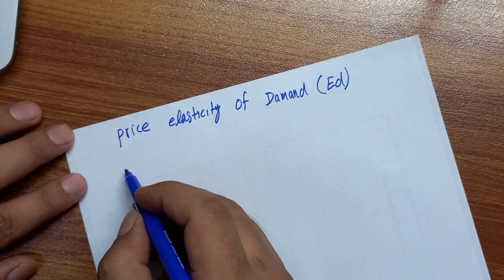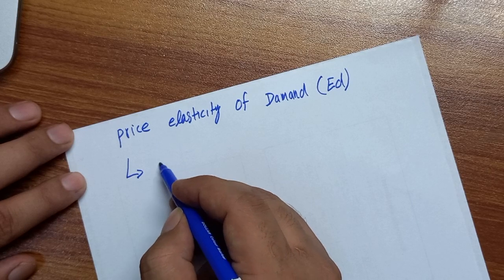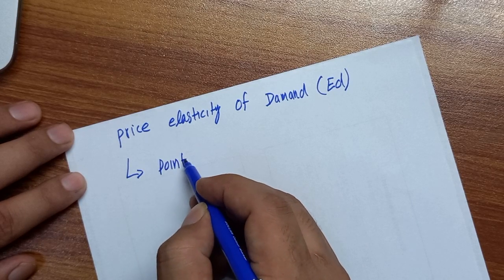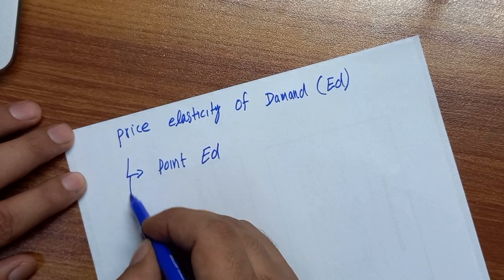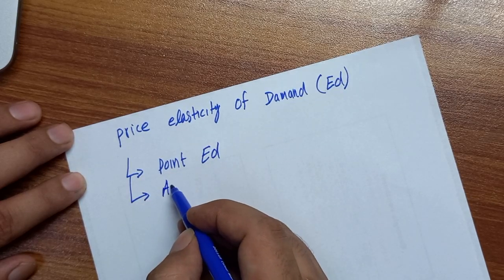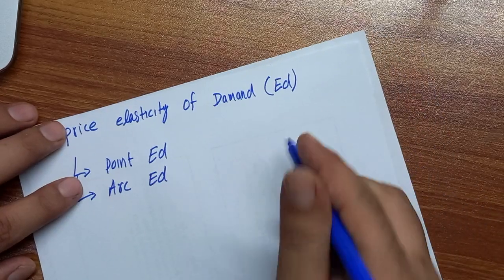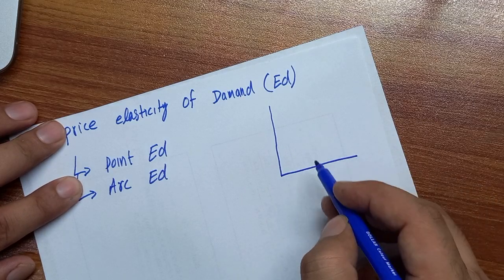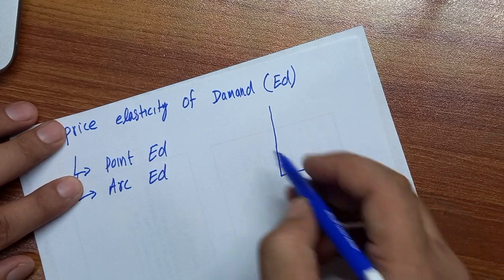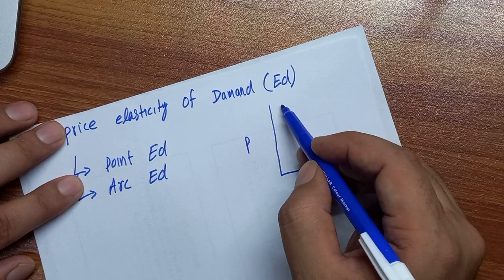So here we have two kinds of change. One is point elasticity of demand, another is arc elasticity of demand. Let's say here we have a graph. We have quantity of demand here and we have price here. So here we have a curve,